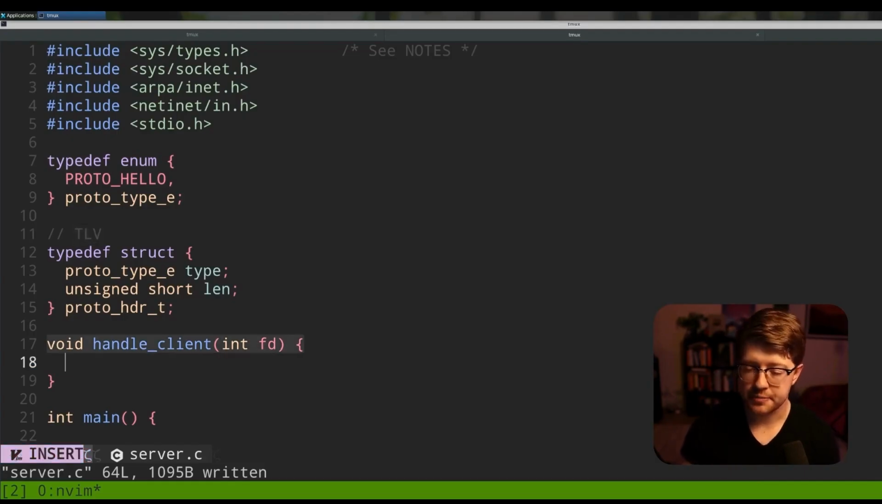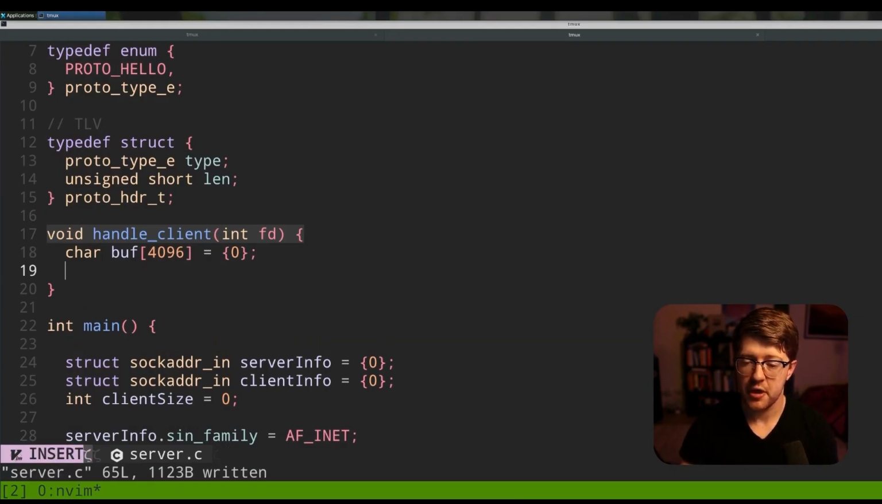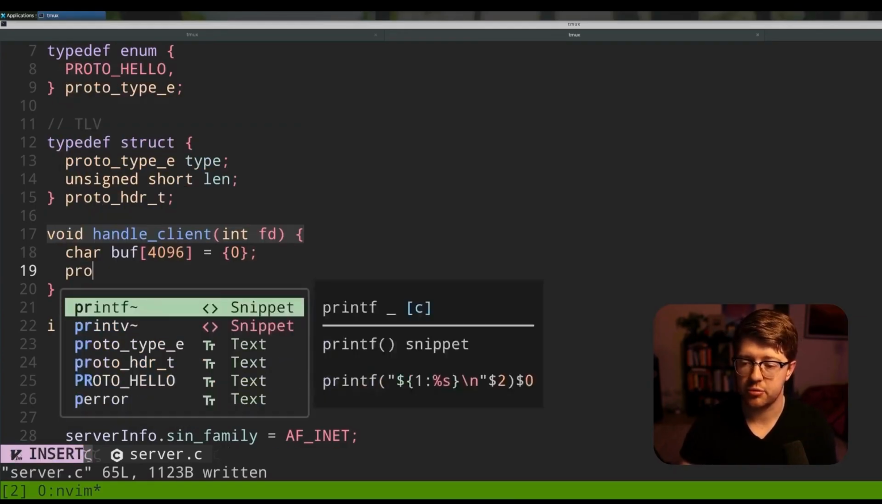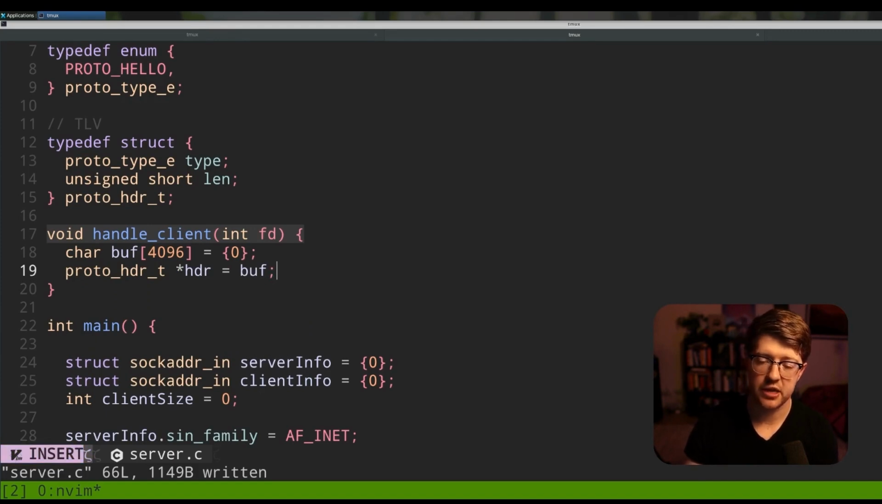So what we can do now is we can create a buffer in our handle client function to represent where we're going to put all this data and set up our packet to send it over the wire. So first we need to actually create room for this data. We're just going to make some random number right now. We'll do 4096 bytes on the stack. This is just kind of dead space for our memory to work with. And then we're going to make a new pointer called proto_header_t my header is equal to buff. So we're just going to set that equal to the buffer value